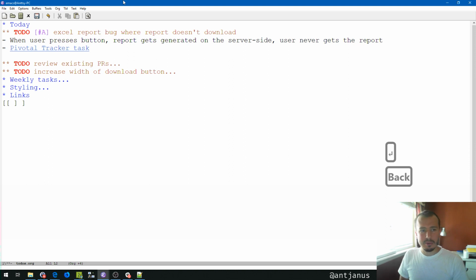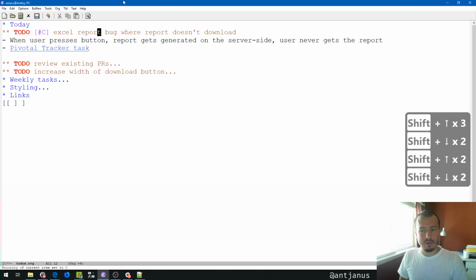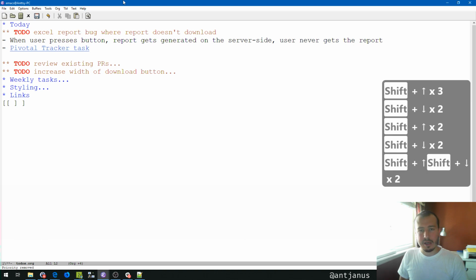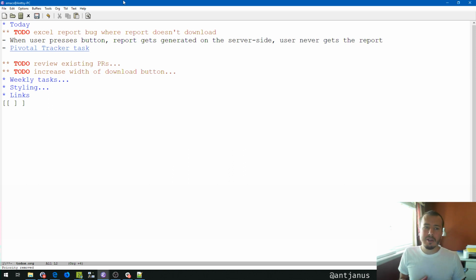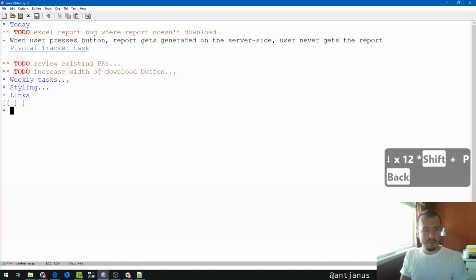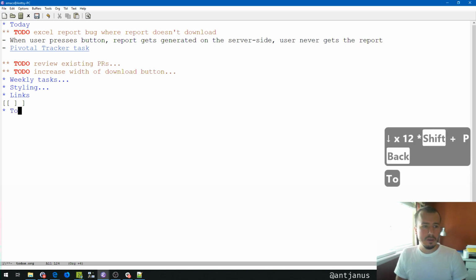You can do Shift up or Shift down to cycle through these tasks. Once you get into more involved, advanced Org mode, you'll be able to sort by priority or display only certain tasks by priority and so on. So let's go ahead and write down notes for this real quick. So, to-do management,